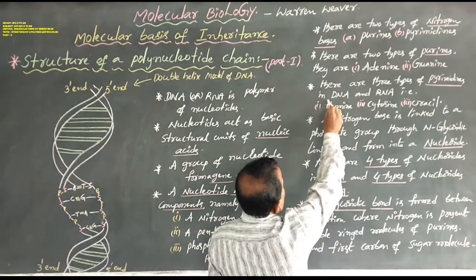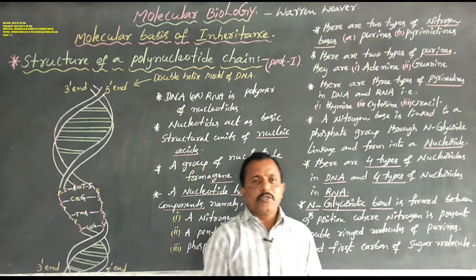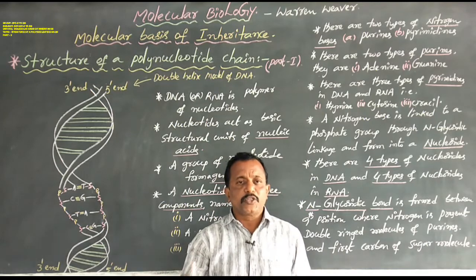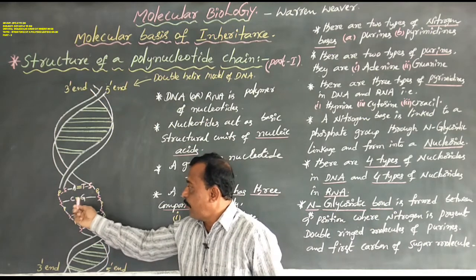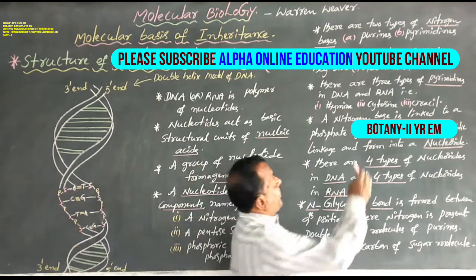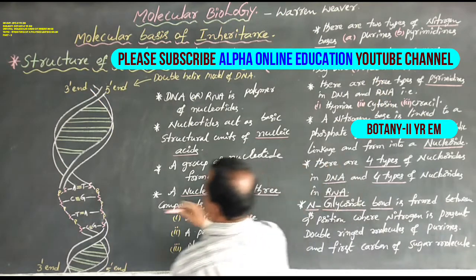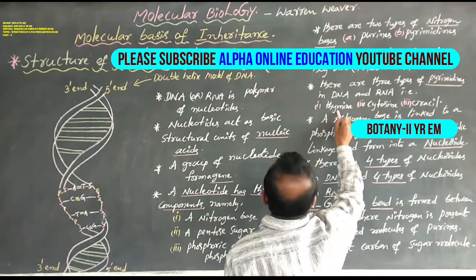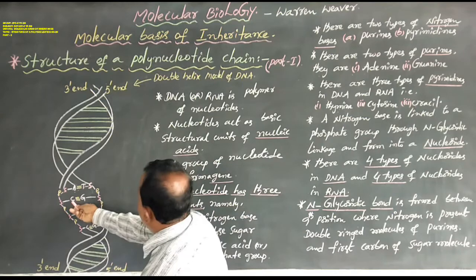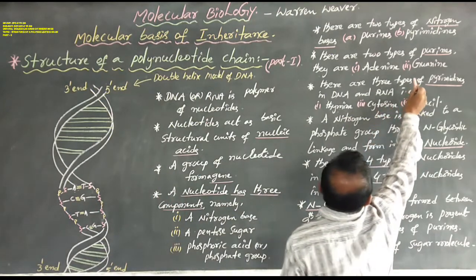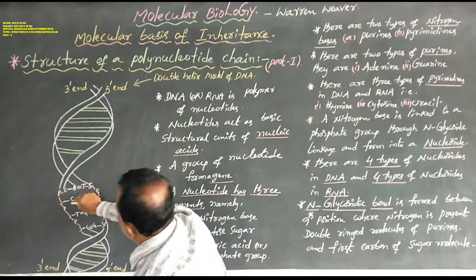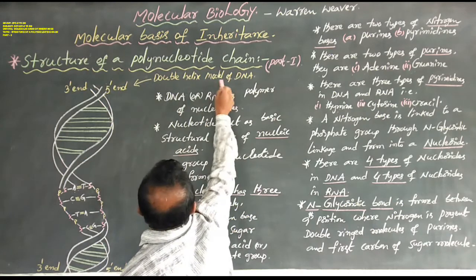So these are purines and pyrimidines. These purines and pyrimidines are always opposite each other. First purine is opposite to first pyrimidine, second purine is opposite to second pyrimidine. That is, first purine adenine and first pyrimidine thymine. Okay now, so adenine is opposite to thymine, and second purine, that is guanine, and second pyrimidine, that is cytosine. Why? Because this is a double helix model of DNA.